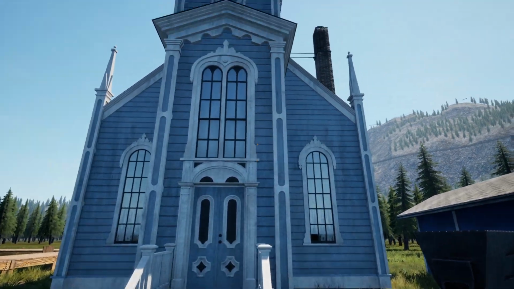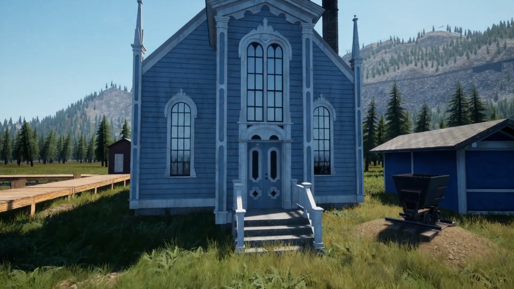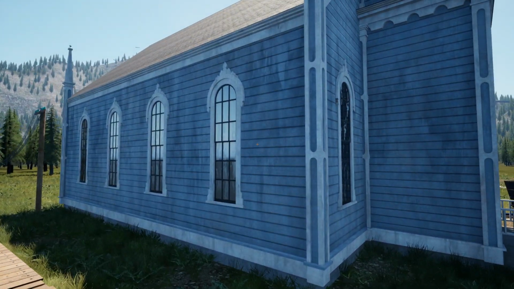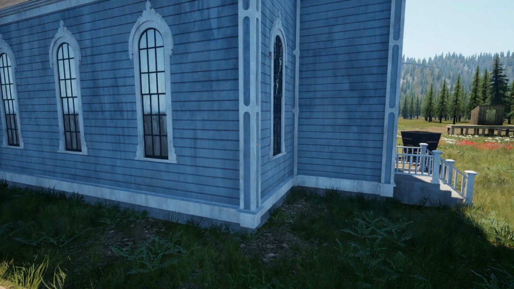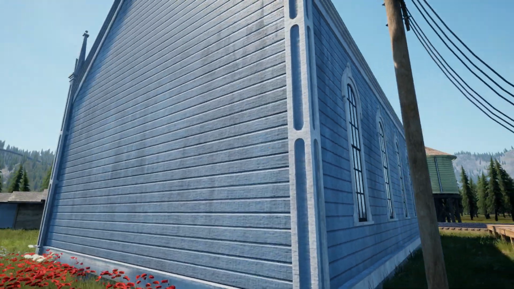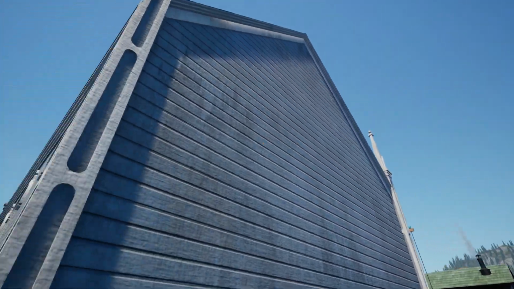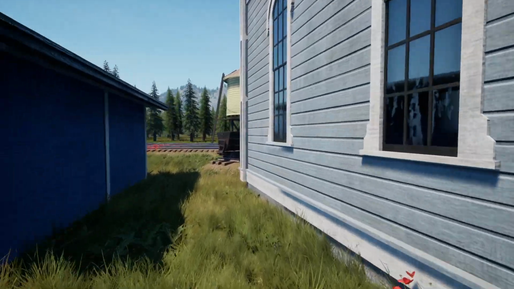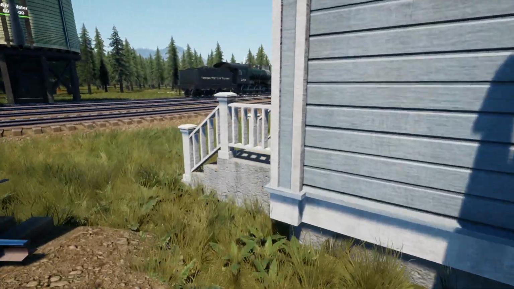Anyways, moving on, we have the church, which has been teased on the Discord a while ago. This is one of the very few town buildings that only comes in one color variant. But I think overall it's a pretty nice model, albeit just for decoration as of now. No real use for it, as there is no passenger transportation,